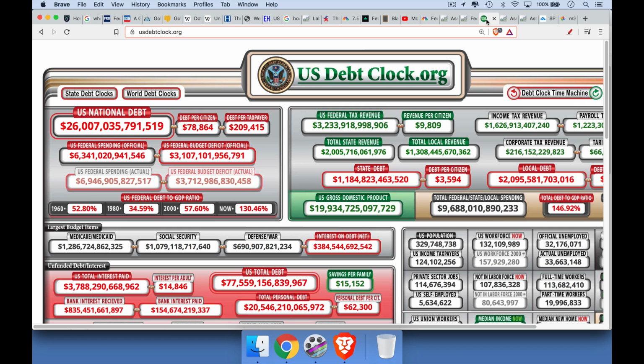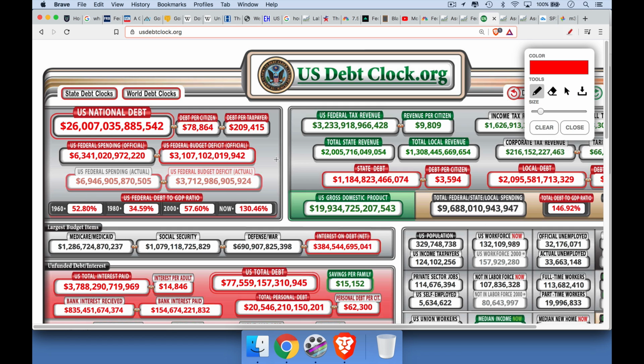Now, we keep creating more Treasury securities because we're running these giant federal budget deficits. This is where we're spending more money than we're bringing in in taxes. This U.S. debt clock here currently has it at 3.1 trillion. There's talk of another trillion or multi-trillion stimulus package later this year, and it looks like we may be getting a second wave of COVID, so that makes it more likely. Either way, this is money that needs to be made up for by selling new debt.